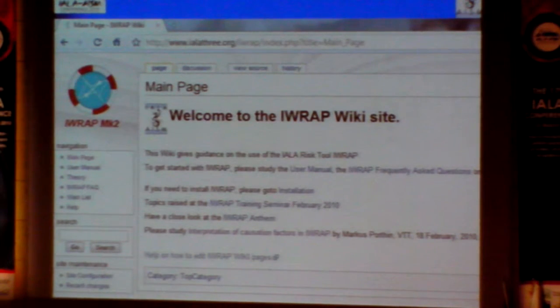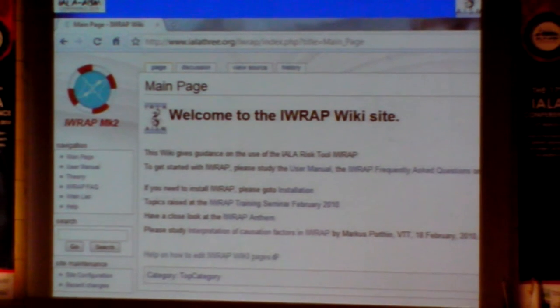A wiki site has been put up with a lot of useful information on IWRAP. We have a user manual. We have a theory segment telling us something about the algorithms behind. We have a frequently asked questions section. And then we have a wish list for future developments. And I invite everybody who has an interest in this to study the wiki and even contribute if you feel